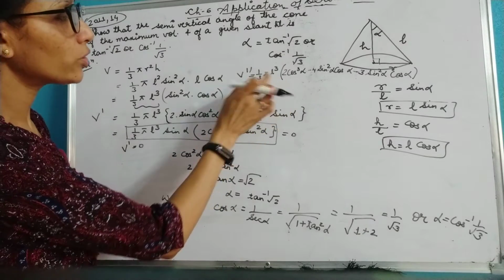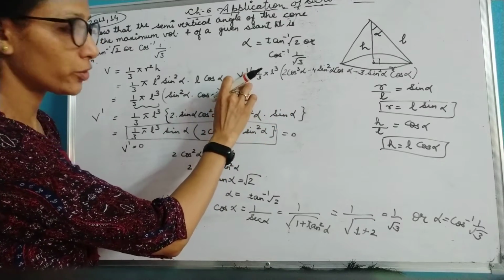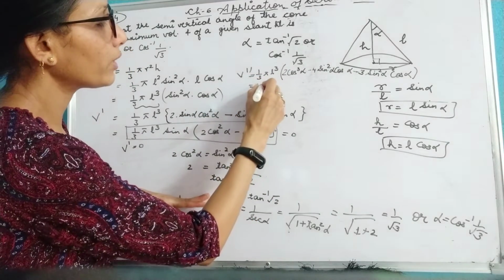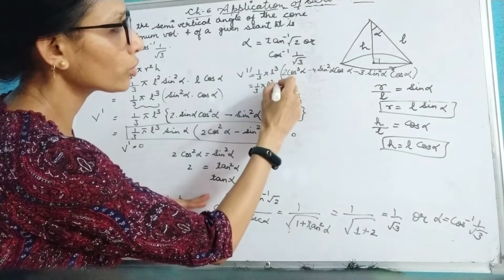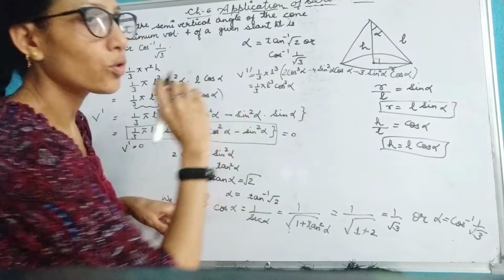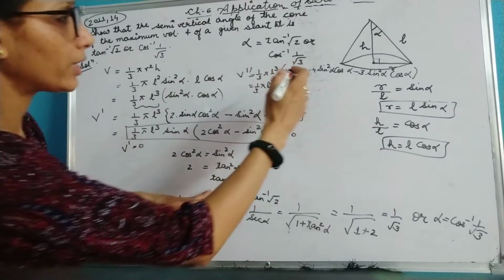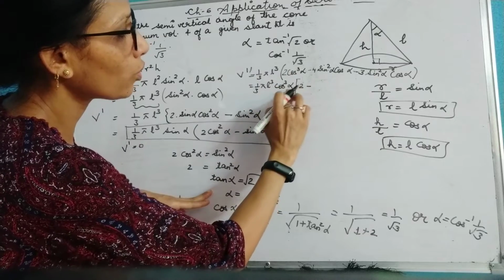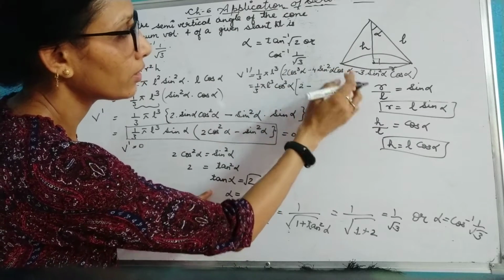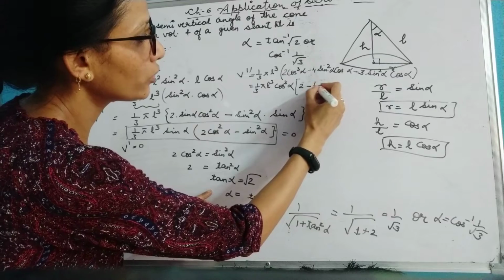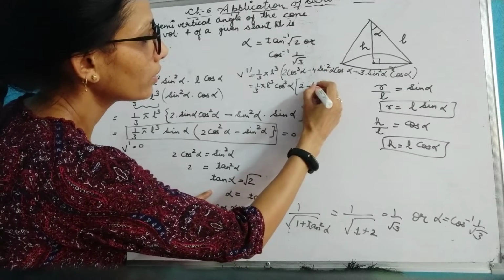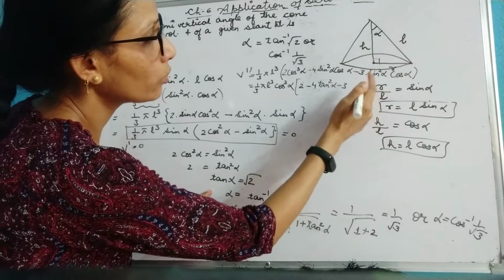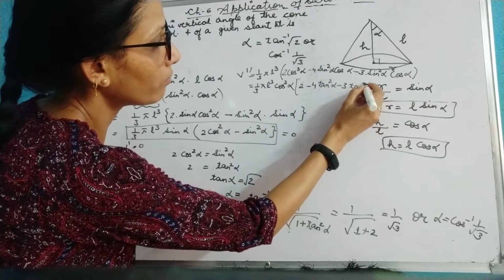Now children, we need to validate this double dash. So in this step, here I am taking out 1 by 3 pi L cube and cos cube alpha common. And why I am taking it common, I will tell you. So I will be getting it as just 2 minus cos cube alpha. So 1 cos will go off, and here I will just get 10 minus 4 tan square alpha, and here again 1 cos will go, and then tan square alpha.